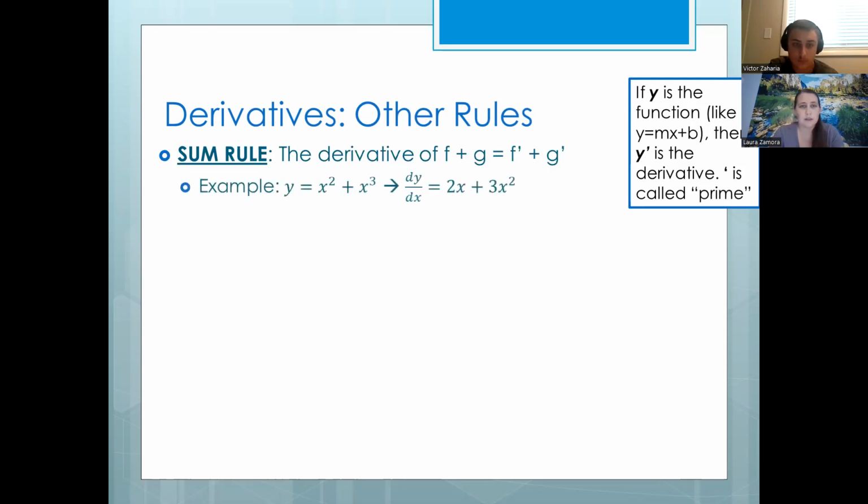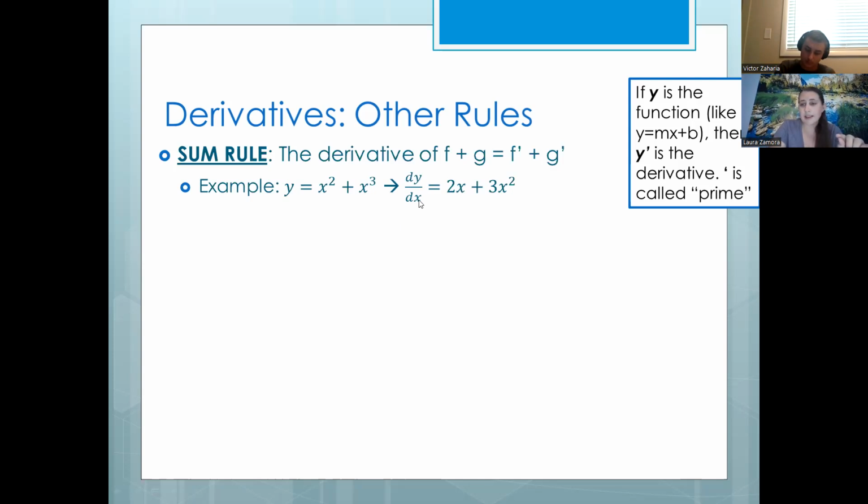So here's an example of this, right? If our equation is y equals x squared plus x cubed, then the derivative of y with respect to x, there's our important variable in the bottom there,